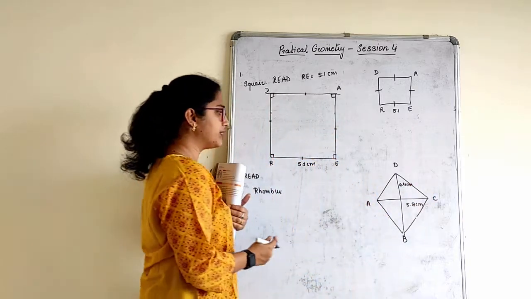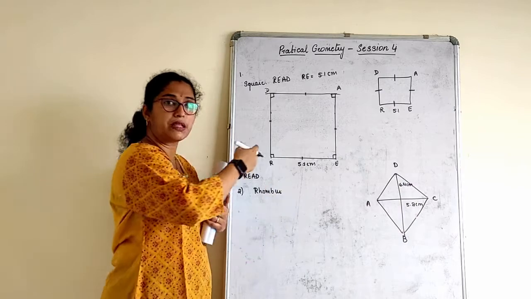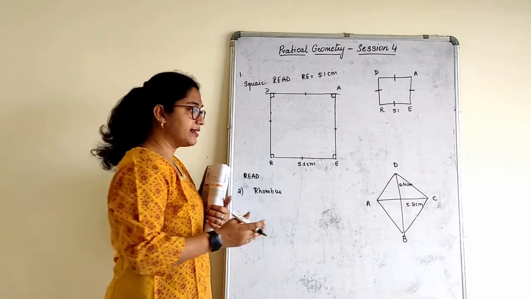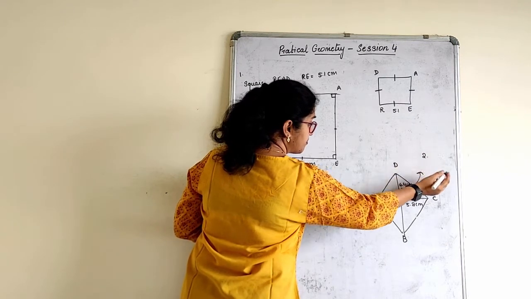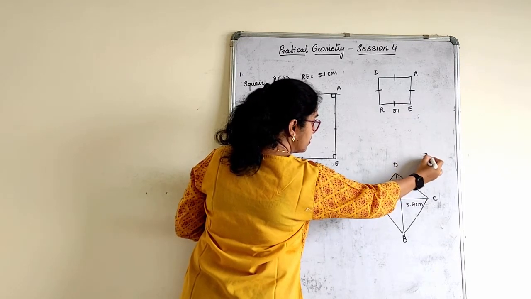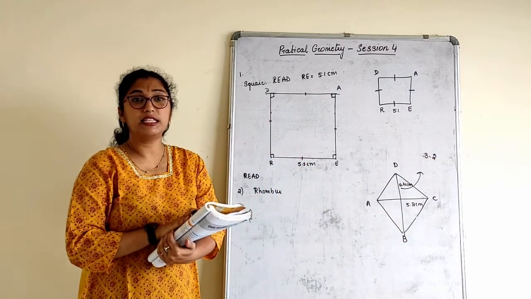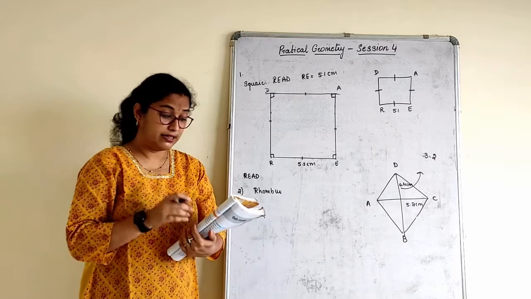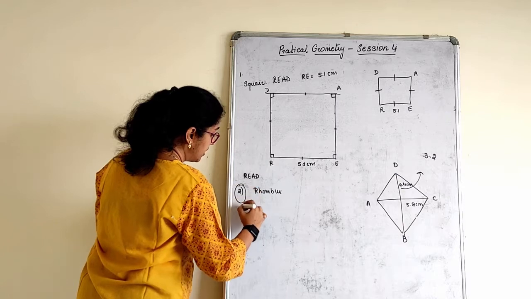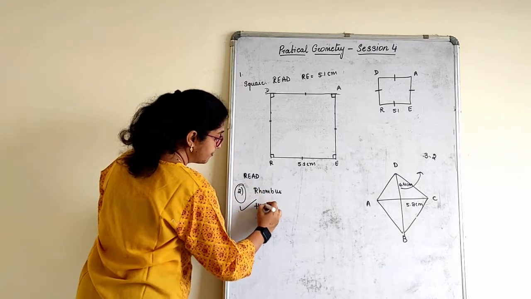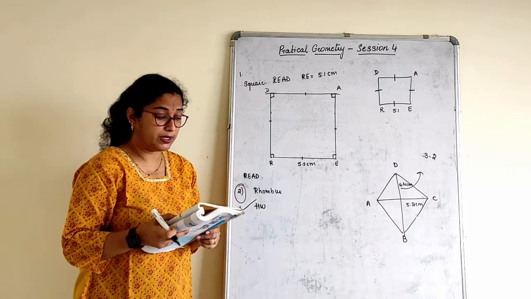We have already constructed this, right? How? We will take a base as 5.2 and bisect the line. Once you bisect it, we know that diagonals bisect each other. So this part will be 3.2, we have to cut 3.2, already done. This rhombus part is already done. So I think you can mark it for homework, children. The rhombus part I will give you for homework. I will only do what has not been repeated till now.